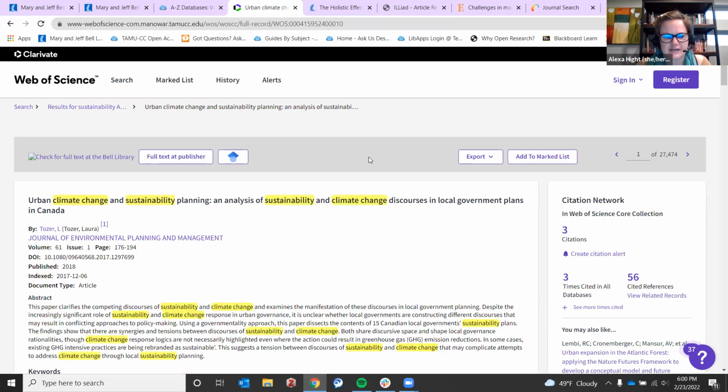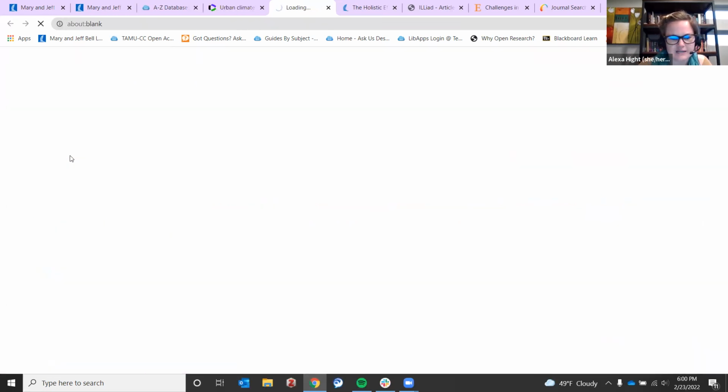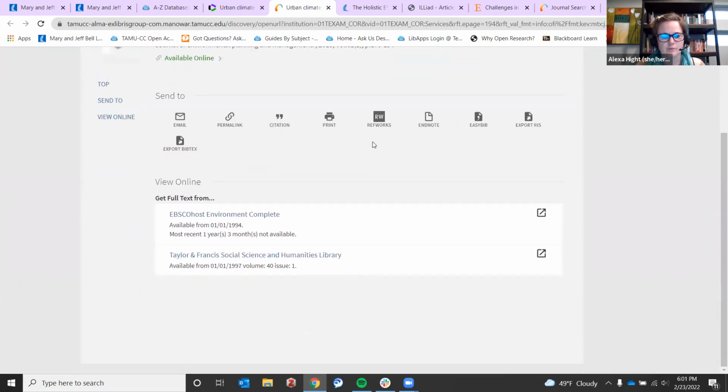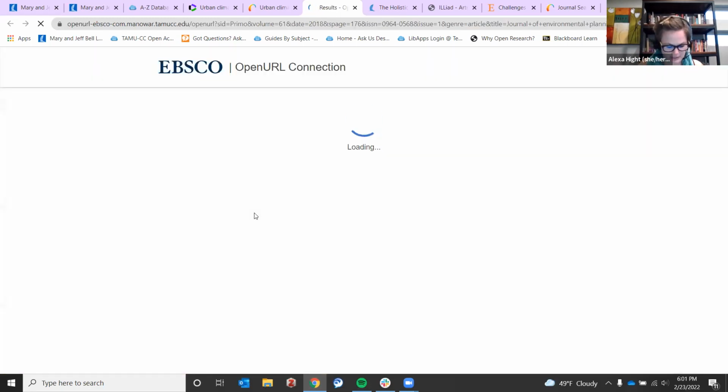do I have full text access? I'm going to click to see if we have full text access through the library, and it is going to now talk to the library's database, that quick search, and see if we have access to it. And it turns out that we do, and we actually have it in 2 different places. If that doesn't work though, it will then take me to that Interlibrary Loan page, and I can quickly request it through Interlibrary Loan.